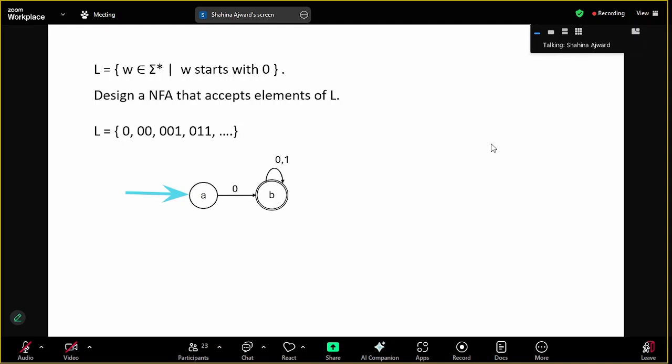Then our condition is very simple. It says just start with 0. If you want to accept this language, it starts from this state, and the next state it should accept because the length is 1. So our input symbol should be